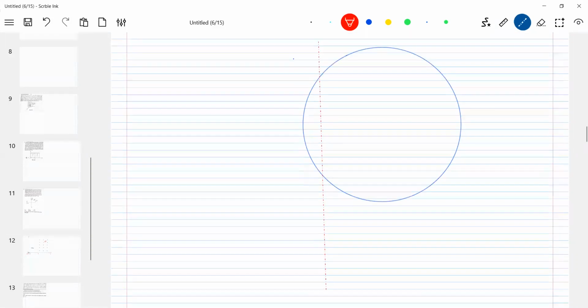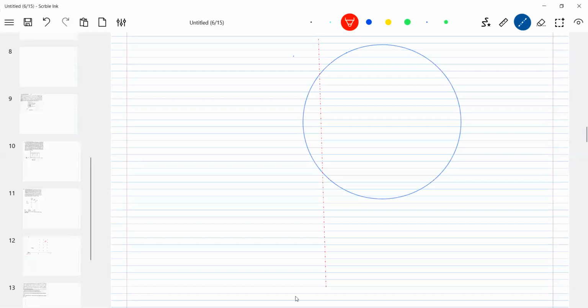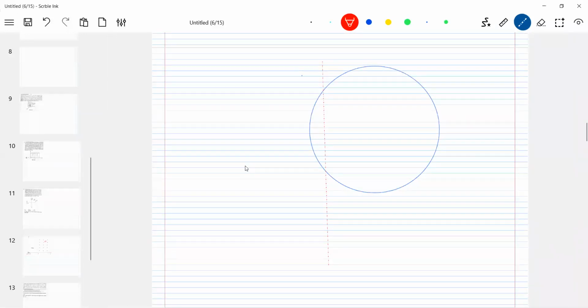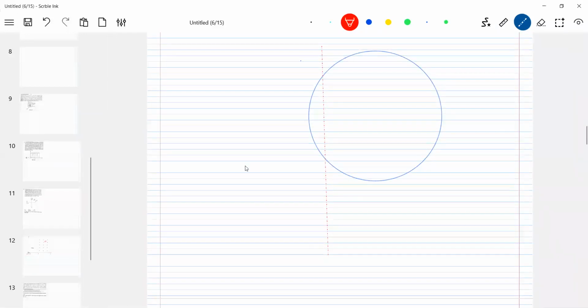I'll make it a little bit small. With what I gave, you can really trace it out. I said that with that angular displacement,